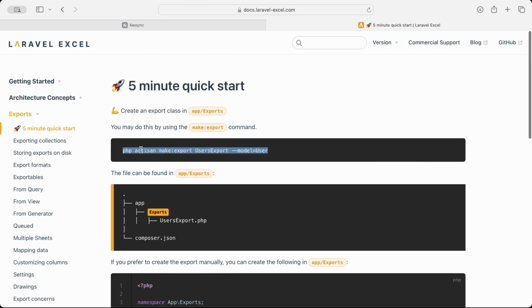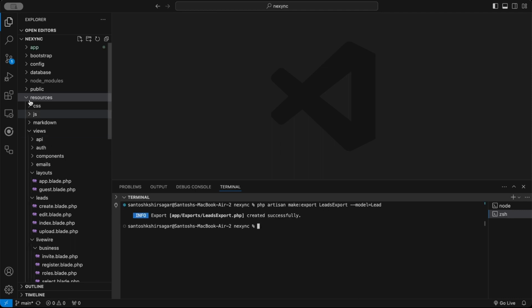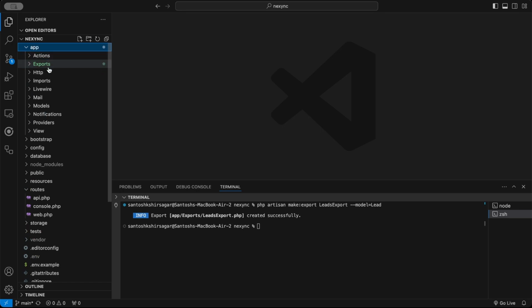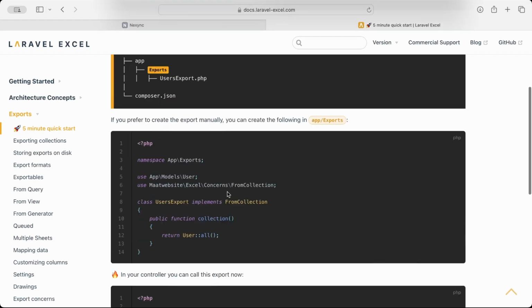So for a model, how to export a particular model. So paste, and we'll change this model should be lead model, and I will call it as a leads export. Okay, so in here app exports, we have this leads export. So we have import, now we have this export. So in export, we will use